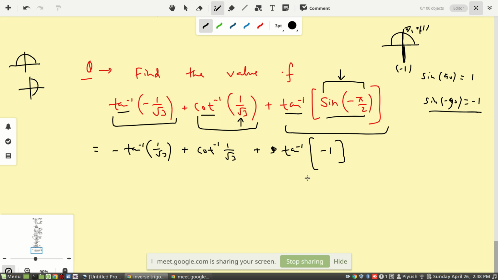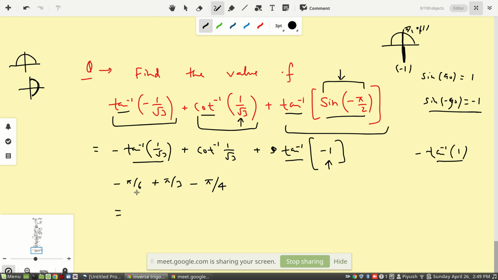Now after this you have to solve the tan inverse of this value. Again negative is here, so whenever negative is in this family, all you have to do is put the negative outside. So 1 by root 3 is 30 degrees, so this is pi by 6, and here, 1 by root 3 means 60 degrees, so this will be pi by 3. Here the negative will come outside, and it will be tan inverse 1. Tan inverse 1 means for what angle tan theta is 1, and that answer is pi by 4, tan 45. And after that is all you have to solve.